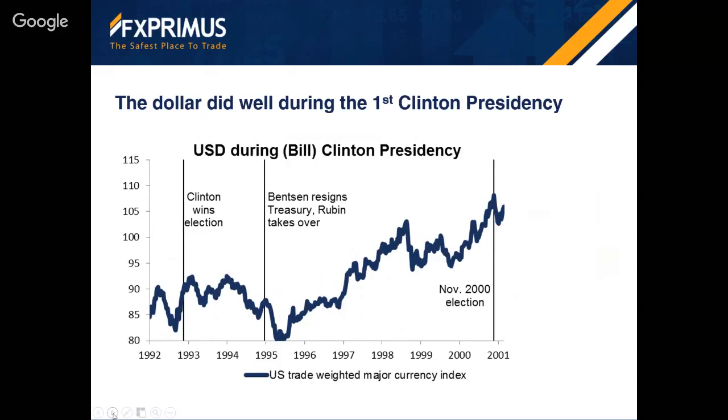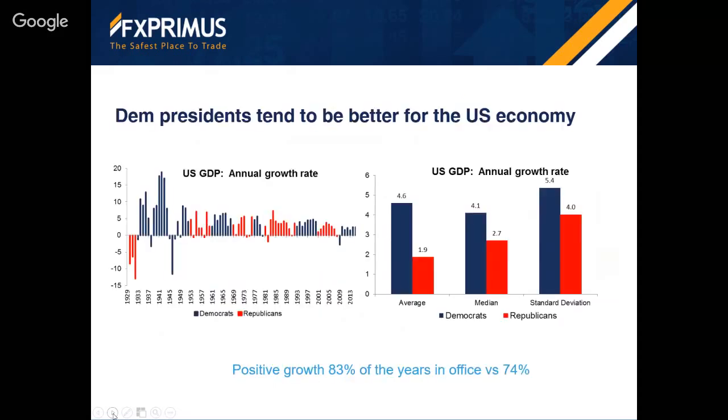At the beginning, they had Lloyd Bentsen as Treasury Secretary. He wasn't so great. Then Clinton appointed Robert Rubin. Rubin's mantra was, a strong dollar is in the interest of the United States. And the dollar got stronger and stronger as a result, without him doing anything. It's sort of like magic. So people will remember that and say, okay, with one Clinton, we had a good dollar. Maybe we'll have a good Clinton dollar with the other Clinton.